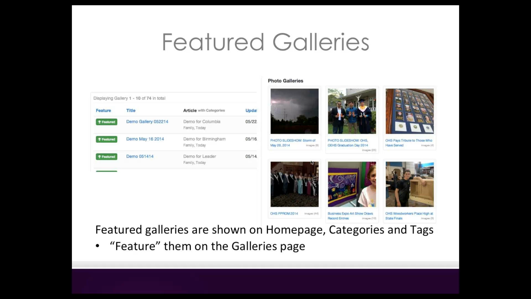That green button you see on the left indicates that it has been featured, obviously on our demo site. Now, what will happen is these will be added to the homepage, to categories, and to tag pages based on the article that's associated with. So you can see in this example, demo gallery from the 22nd, I had this on an article called Demo for Columbia, and it tagged into family